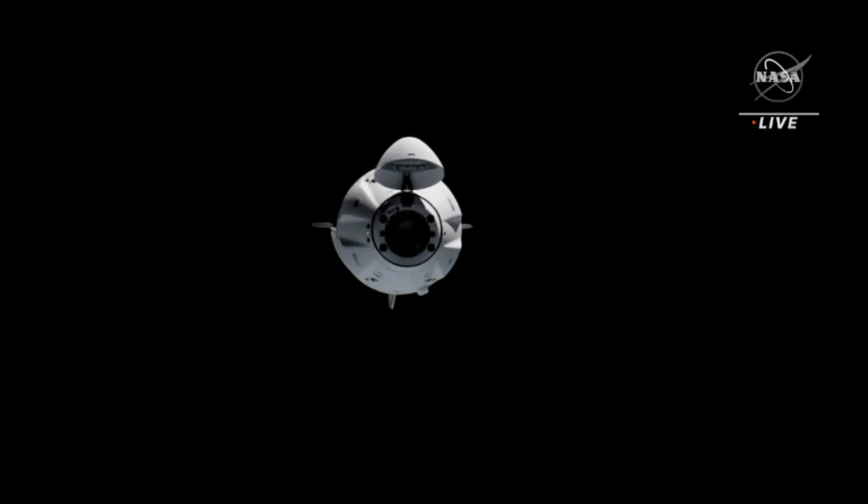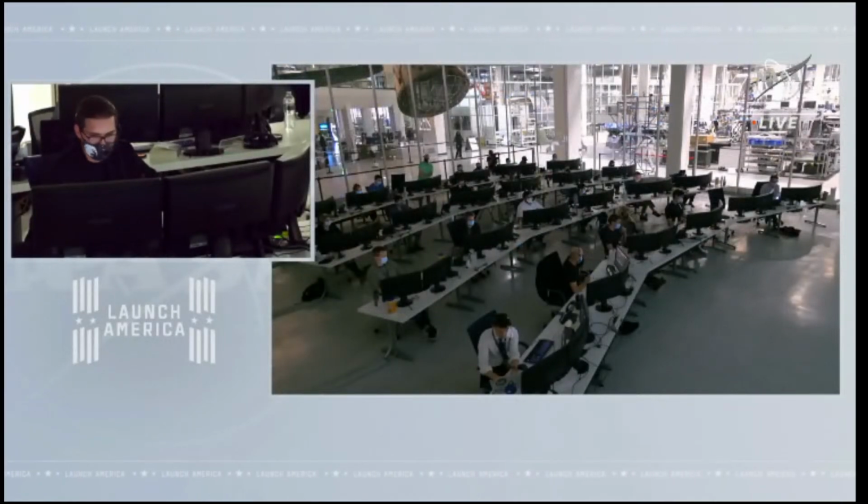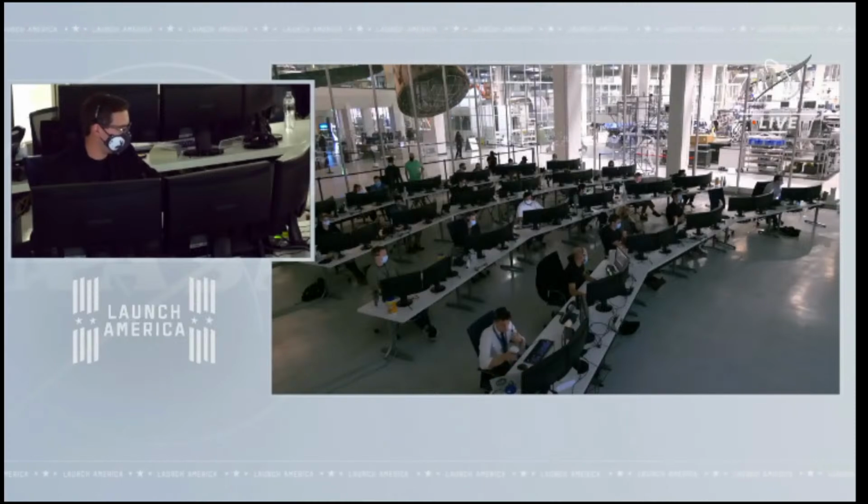I'll copy. 中に4人入ってるんですからね。近く見えるけど距離はどのくらいなのかな。どのくらいなんですかね。We are in a handover period, so we may have missed a call as we were switching from TDRS satellites. We're looking at about 20 seconds to go until we converge with waypoint 1. There's going to be an approach burn maneuver using the Draco thrusters. It's called approach 1. And that'll move Dragon